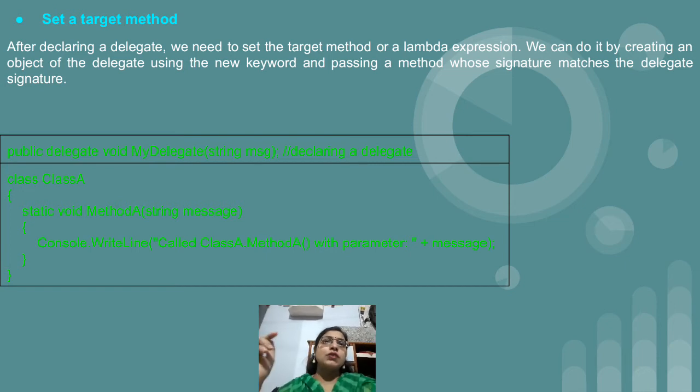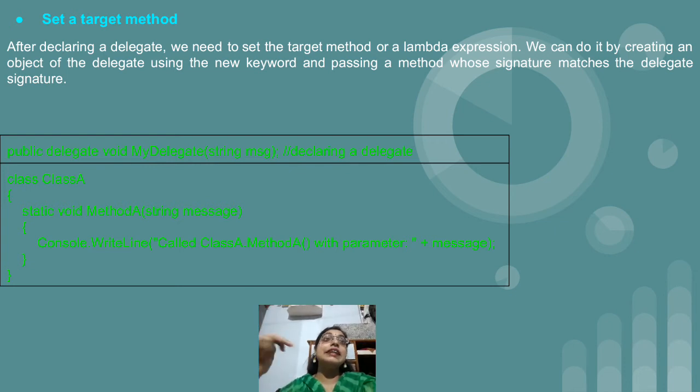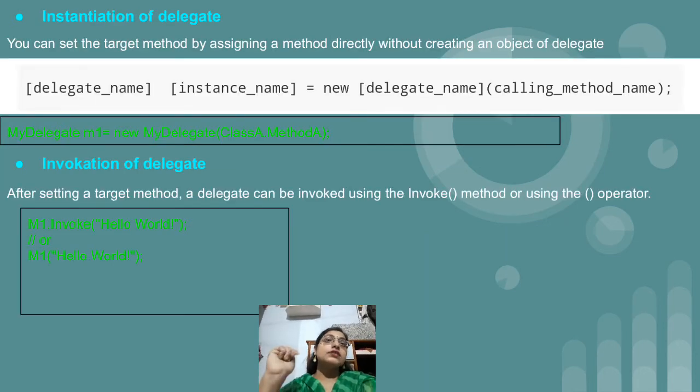So in this program, Console.WriteLine prints "called class A method A with the parameter", and whatever message we pass when we create the object of the delegate, that particular text will be displayed after this text. So this is the second step, that is we have to create a delegate method which should match the signature of the delegate. Now next, the third step is